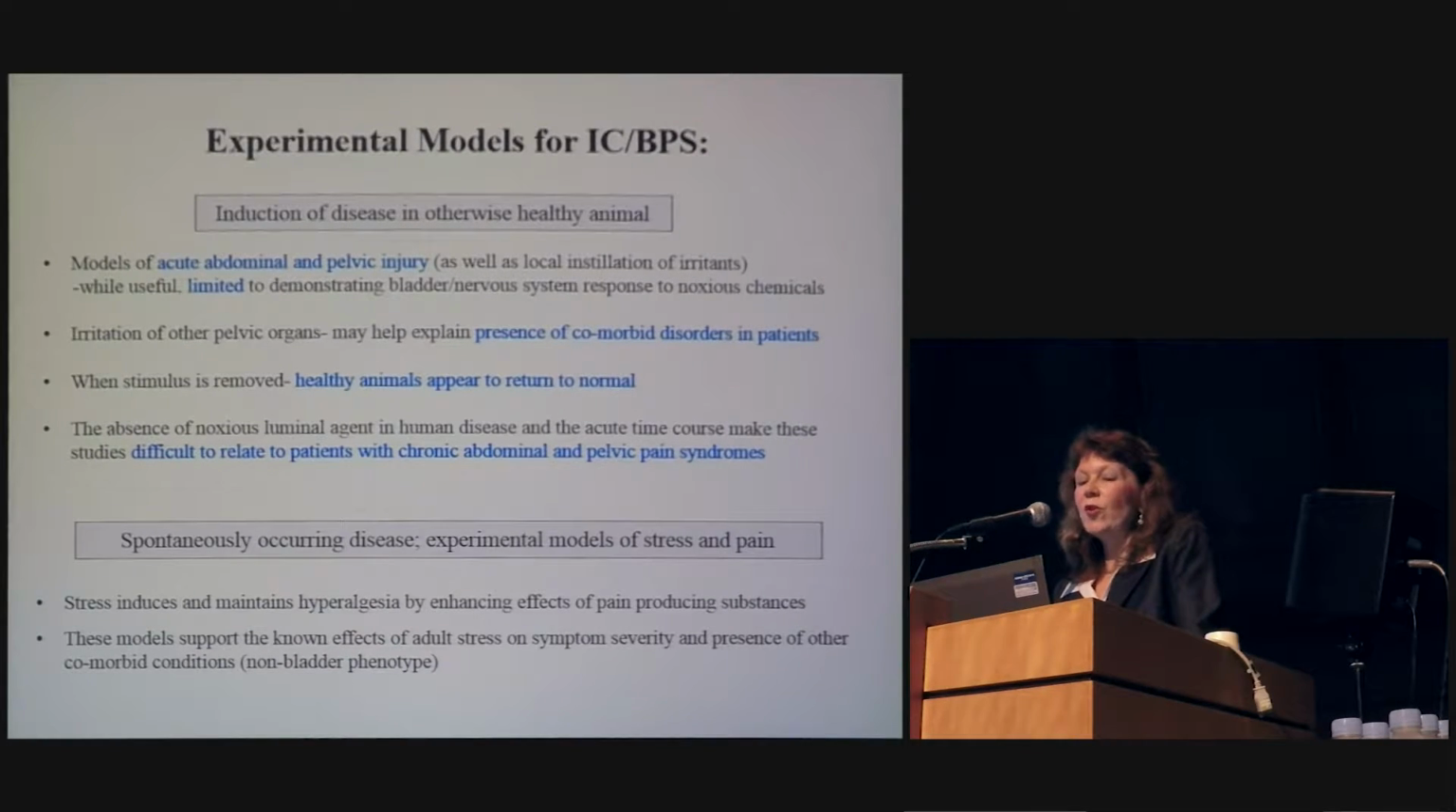Another group are the spontaneously occurring diseases, and we've used these. The feline IC model is one. There are many others. Also, there are experimental models of stress and pain that we're using. Stress, we know, induces and maintains hyperalgesia. It enhances the effects of pain-producing substances. All of these models, and there are many types of these stress and pain models, support the known effect of adult stress on symptom severity and the presence of other comorbid conditions, including the non-bladder phenotype, as Phil